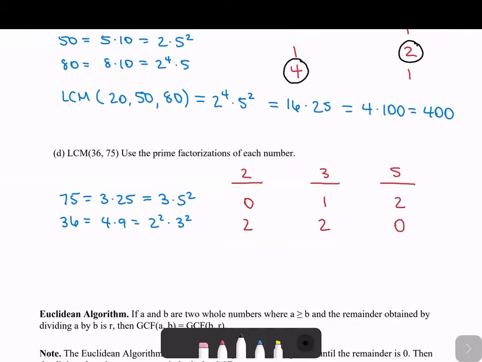So we're going to go through. Remember, we're going to pick the biggest one in all of them. That way, this number is indeed a multiple of 36 and 75. So we can just write this out as LCM of 36, 75 is 2 squared, 3 squared,